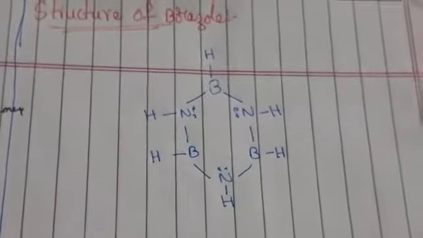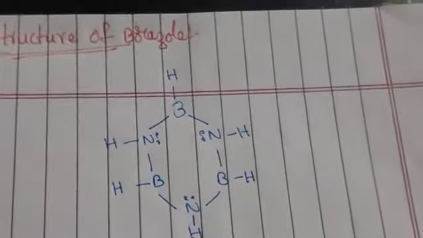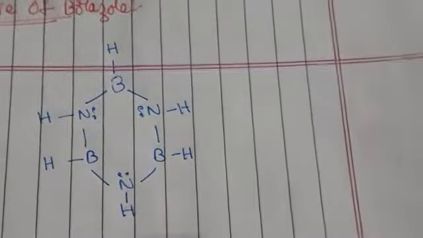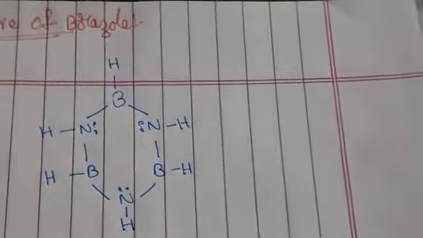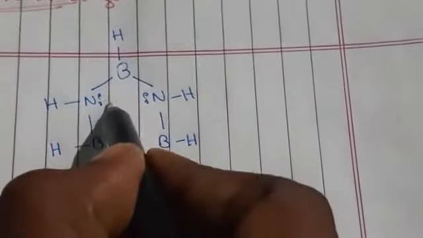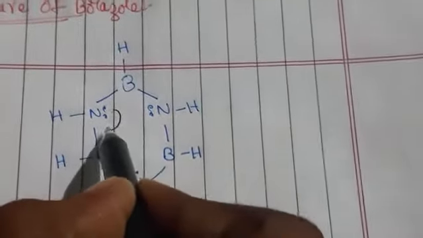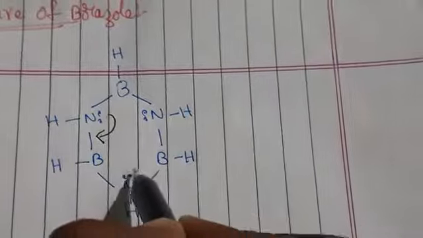Hello students, let us discuss the structure of Borazole. As we have told in preparation and properties, Borazole is also known as inorganic benzene. So the structure is also the same like this. How are we getting double bonds in Borazole? The double bonds are due to lone pair of electrons. If we turn the lone pair of electrons, automatically we are getting a structure